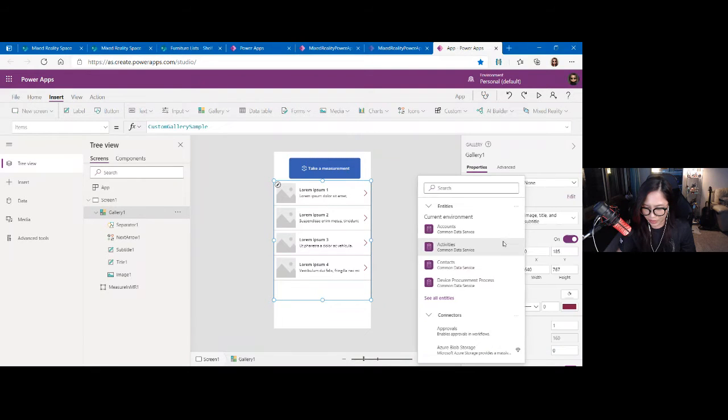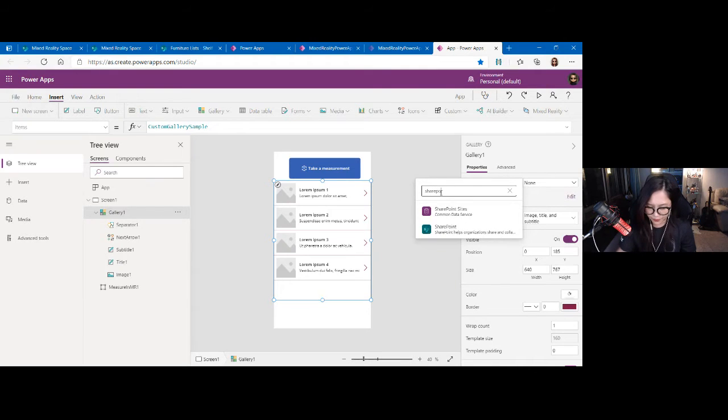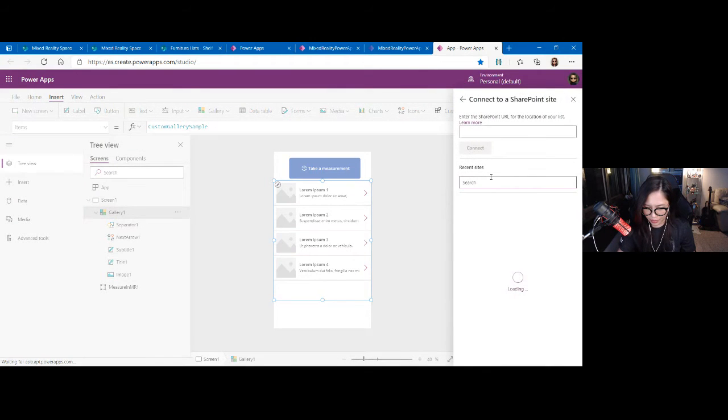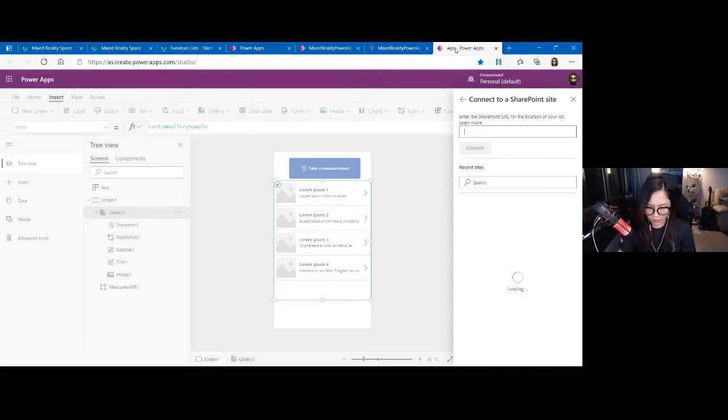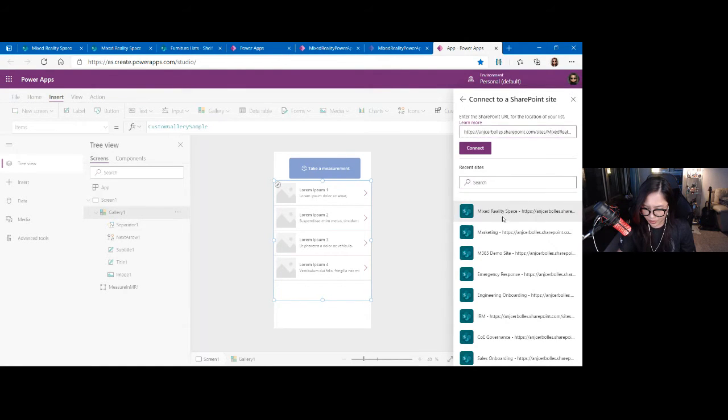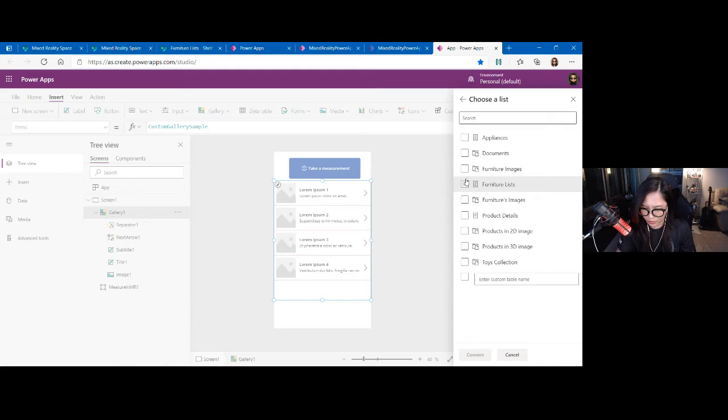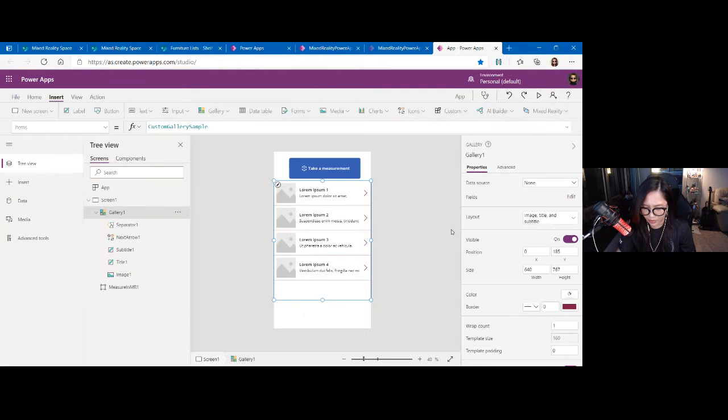So my connector is SharePoint. And then the URL that I have here is this one. And then I'm going to use the furniture list, and then I'm going to connect that one.